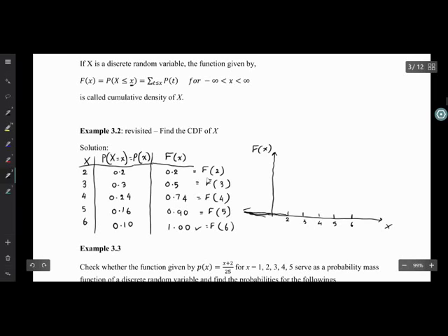Probability is 0. It goes up to negative infinity, and this goes up to positive infinity. So when x is 2, Fx will be 0.2,